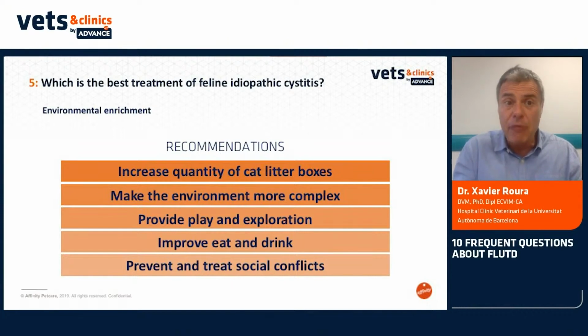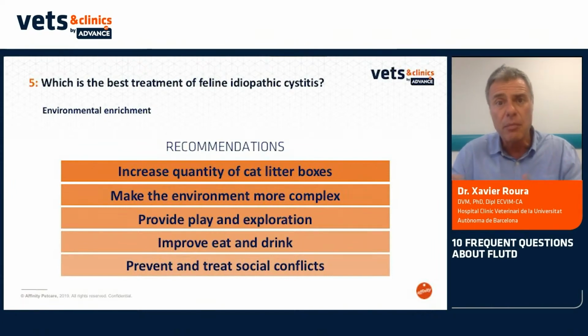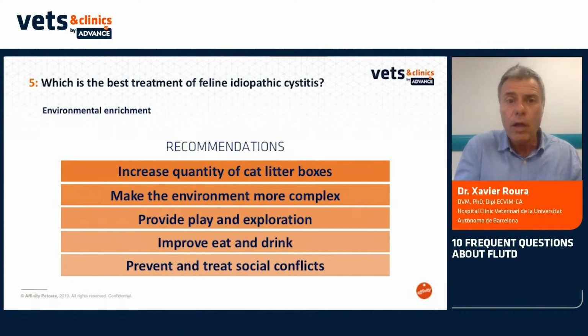So environmental enrichment could be the third approach to feline idiopathic cystitis in order to improve that the cat eats better or drinks better. This is more active. If the cat is less stressed, they can eat and drink more. So decrease the urinary specific gravity, improve the behavioral situation, or we can do other kinds of environmental enrichment, like increasing the quantity of cat litter boxes,